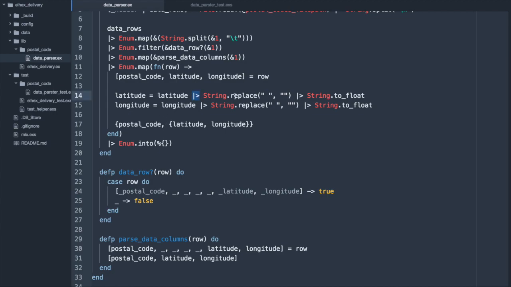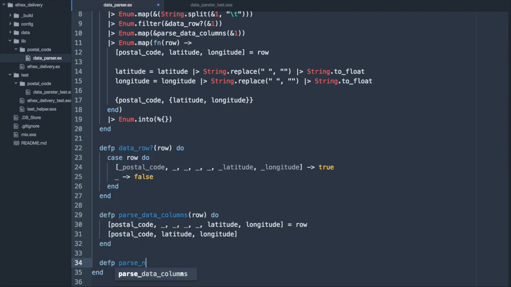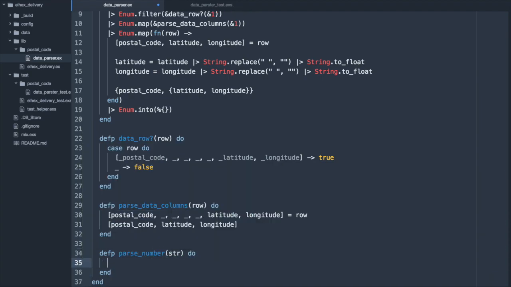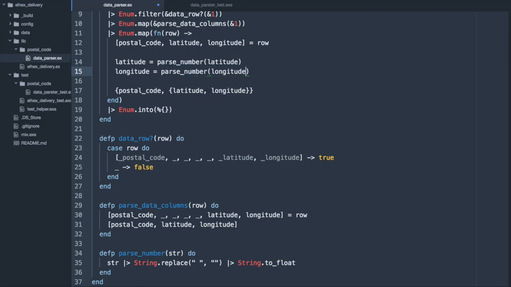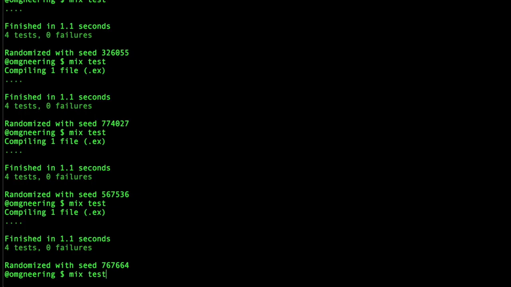Notice that the code for parsing latitude and longitude is identical. Even though it's trivial, it's still a good idea to move this into its own method just to avoid this kind of duplication. Let's check in on our tests